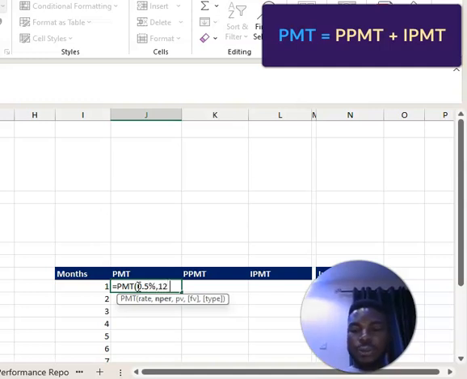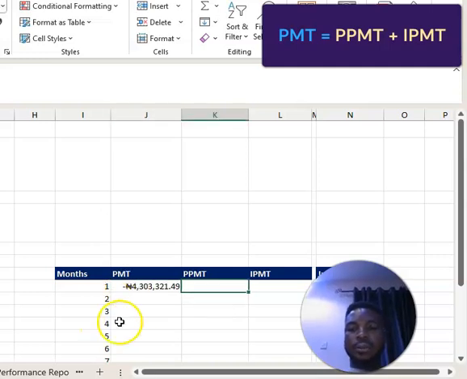NPER is 12, and my present value is 1, 2, 3, 4, 5, 6, 7. I can ignore all of that and say that. You can see that I have the amount repeated here. Now, out of this